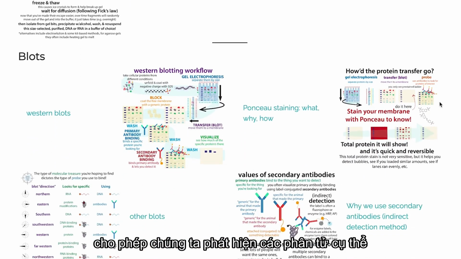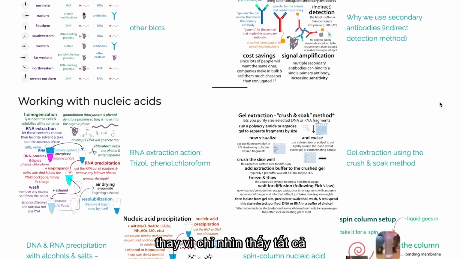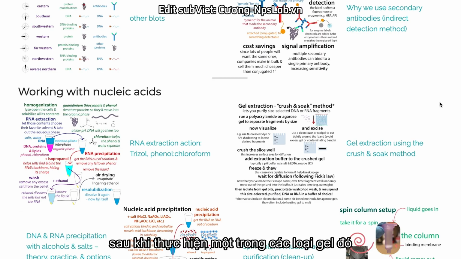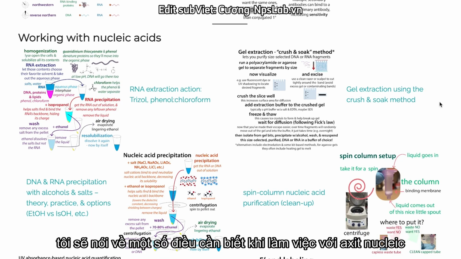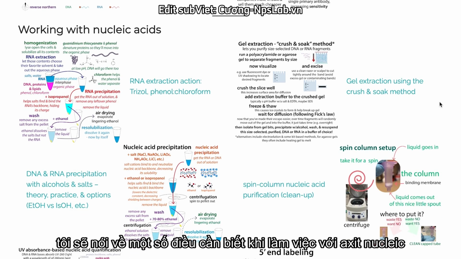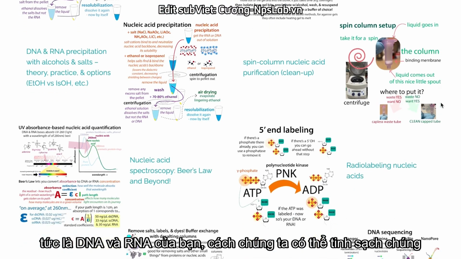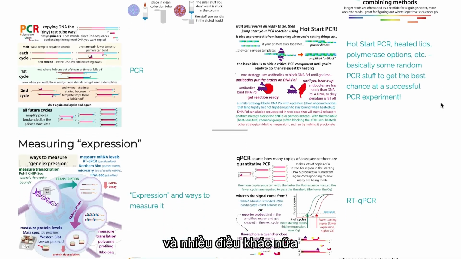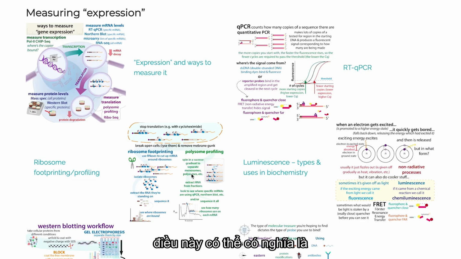Blots, which are going to allow us to detect specific molecules as opposed to just seeing them all. We can test for the presence of specific molecules. After we do one of those gels, I'll talk about some things to know about working with nucleic acids, so your DNA and your RNA, how we can purify them, how we can label them, sequence them, all of these various things. Also talk about how we can measure expression, and so this could mean how many messenger RNA copies